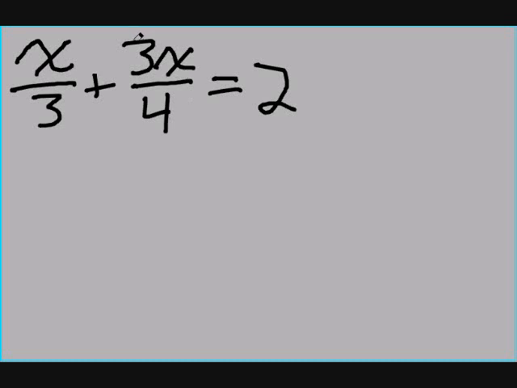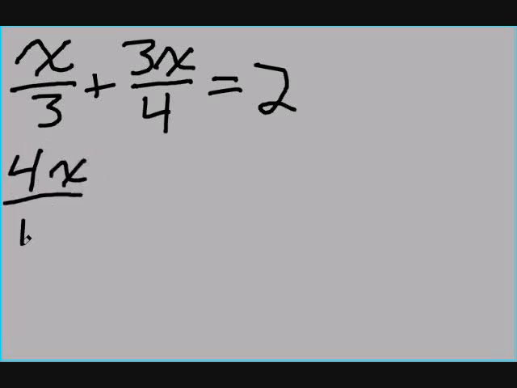So again, we have two different x here with fractions. What we need to do is make a common denominator and combine these, right? So how do we do that? We have a 3 and a 4. The least common multiple between these two is going to be 12. So to get 12 on this left hand side, we've got to multiply the top and bottom by 4. So we're going to get 4x